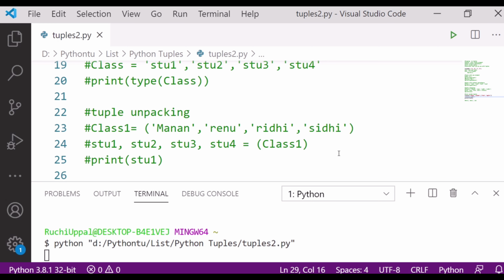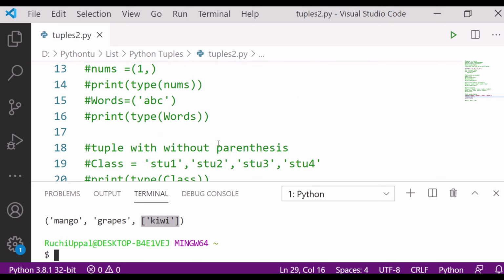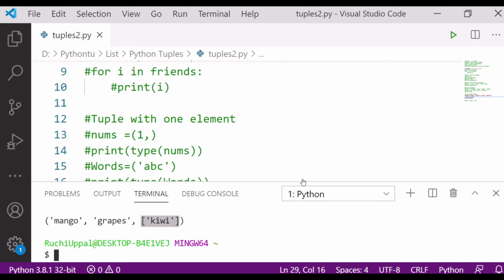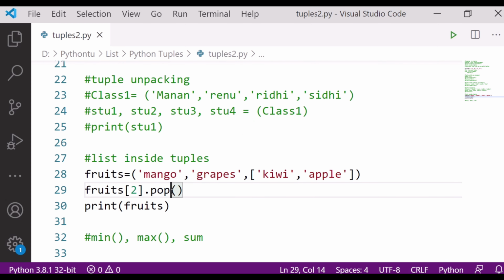Great, you can see apple has been removed from the list, because I applied the pop method on the list only. If I want the apple back and have to append it, I will simply write append.